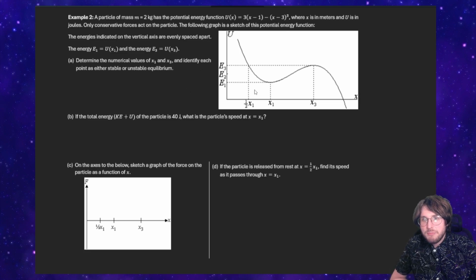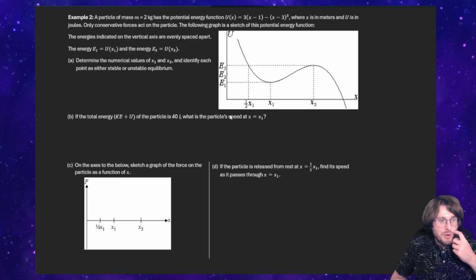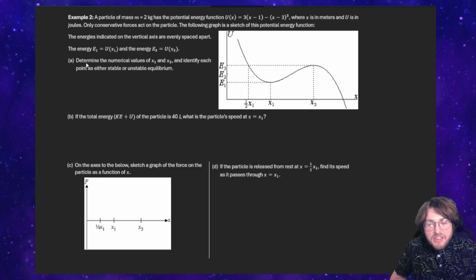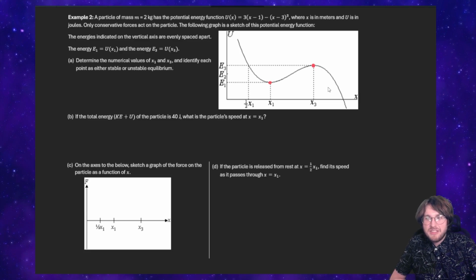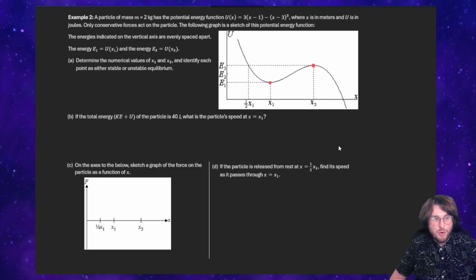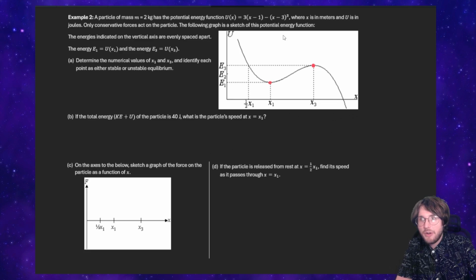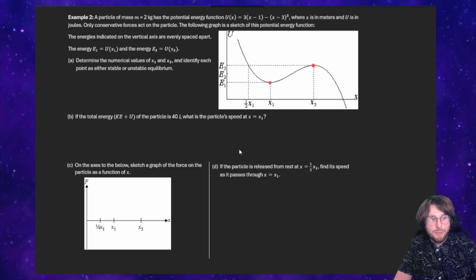We're shown a couple of different potential energies here that line up with specific positions, just so we have those as a reference. So part A here is asking us to determine the numerical values of x1 and x2 along this graph, so right here and right here, and identify each of those points as either stable or unstable equilibrium. Now, the last part of that kind of gives away exactly the trick for how we're going to find those two coordinates. And so right off the bat, I'm going to go ahead and identify these as certain types of